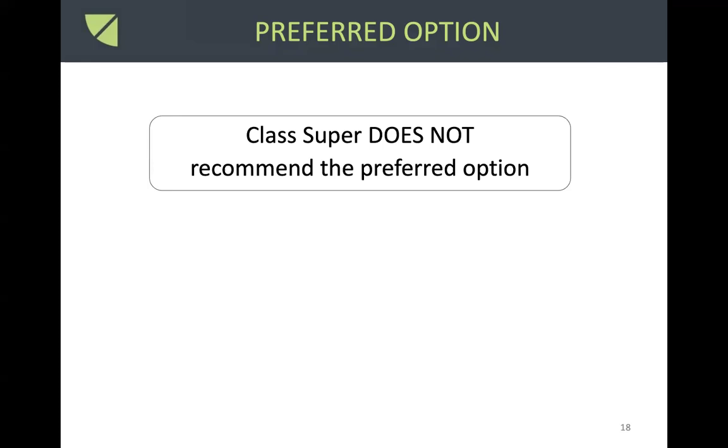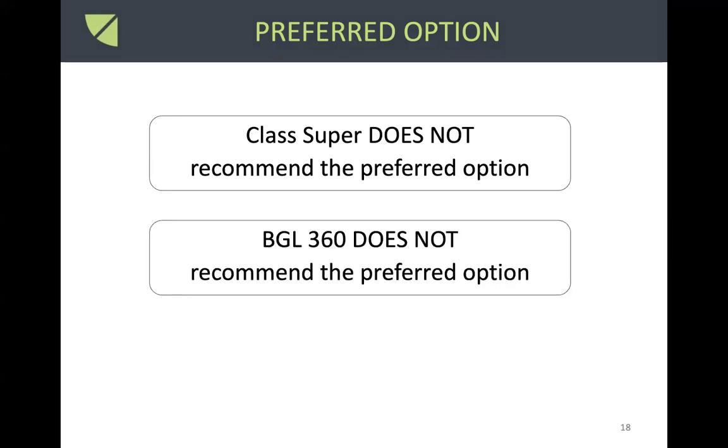If you're using BGL, I'm sorry to say, you're going to be in the same boat. And I haven't mentioned Supermate here. We'll be integrating with Supermate, I think in the second half of 2025. If you're using Supermate, Supermate is also not going to tell you the preferred option. So you might think, well, maybe Lime Actuarial will tell me the preferred option, but I've got bad news for